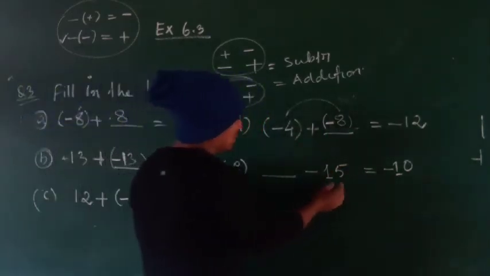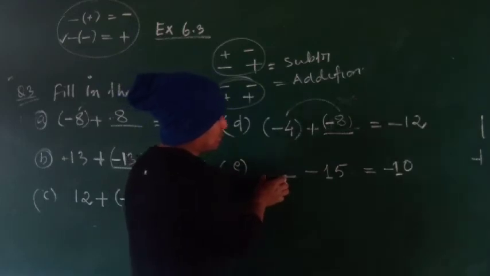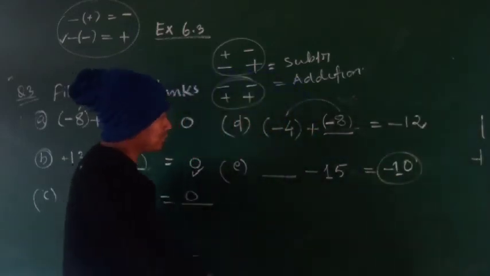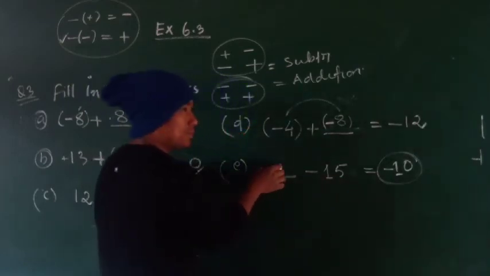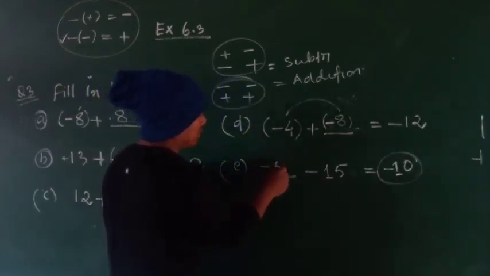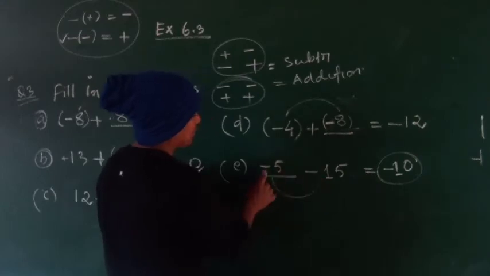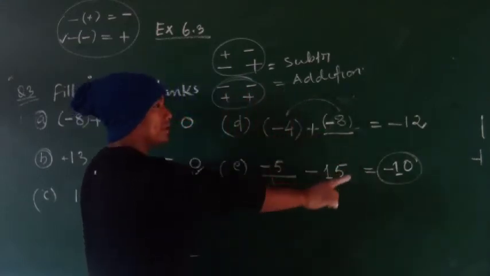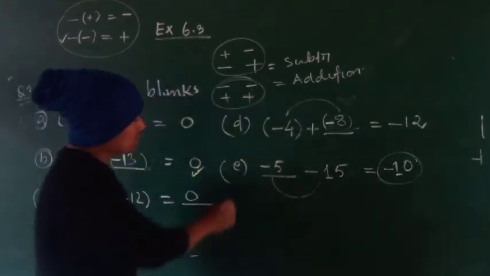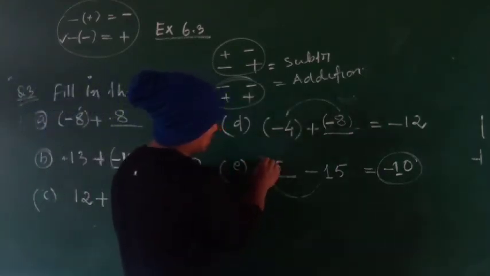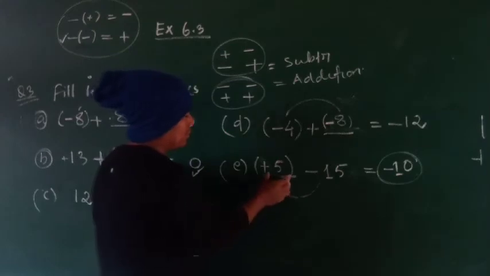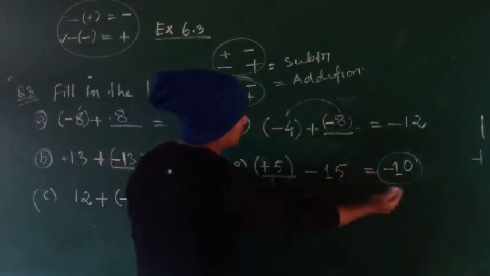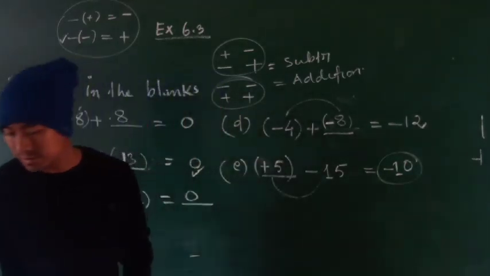Now, how much should be subtracted from 15? Okay, what should be written here to get minus 10? This one is 15, so it should be positive, isn't it? If you write minus 5, again you will see minus 5 minus 15 will become minus 20, because negative negative is addition. So it should be positive 5, then only positive negative subtraction happens, and if you subtract 5 from 15, you will get minus 10. Okay, so this is the